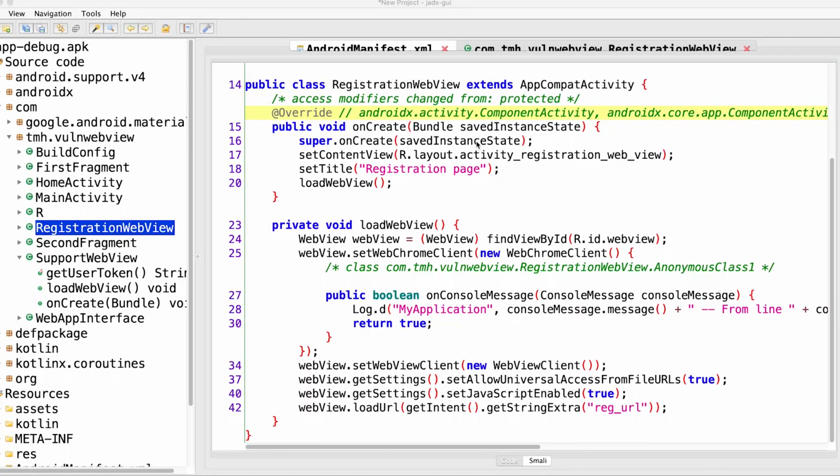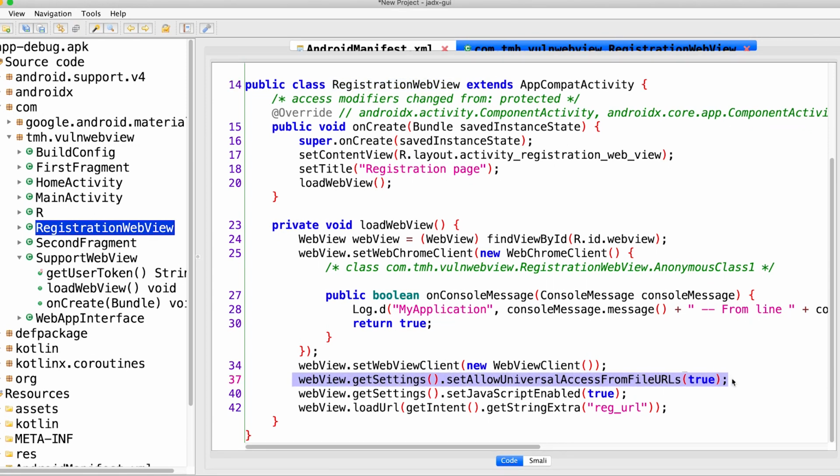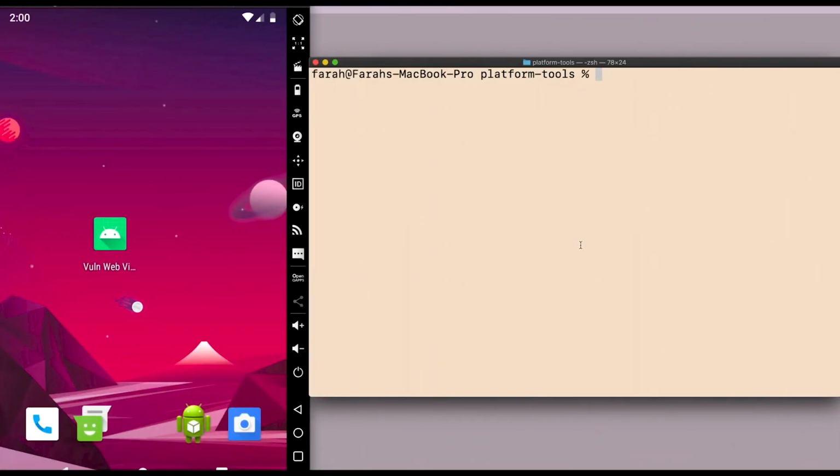So let's look at a demo for this. The previous activity that we looked at for the earlier attack, registration web view, also has this setting enabled, so we can exploit the bug on the same activity. I have created an exploit code within the SD card of my phone, so I'm just going to open that up and show it to you so I can explain the code. I'm just going to start a shell and then navigate to the directory where I have stored my exploit code. Now I'm just going to open the code so I can explain it to you.